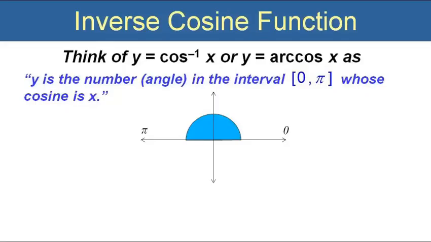Okay, now let's talk about inverse cosine. When we see y equals cosine inverse of x or y equals arc cosine of x, we're going to say to ourselves, y is the number in the interval from 0 to π whose cosine is x. Now, why did we have to change interval? You might be thinking, why can't we just use -π/2 to +π/2 for all the inverse functions? Well, the reason is, if you think about